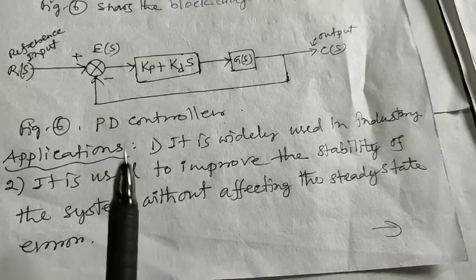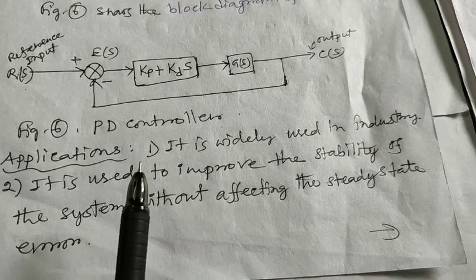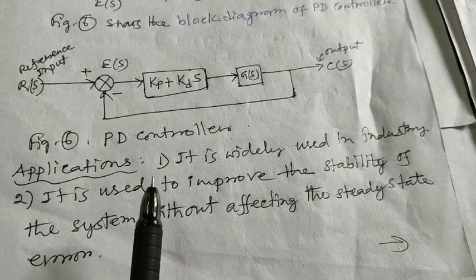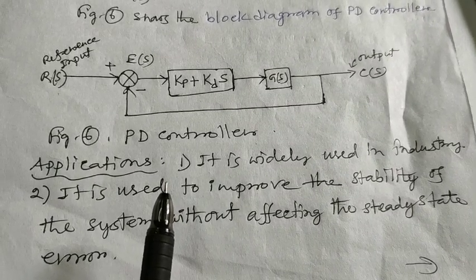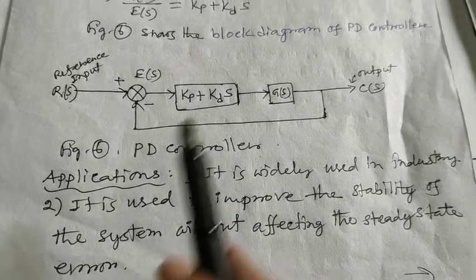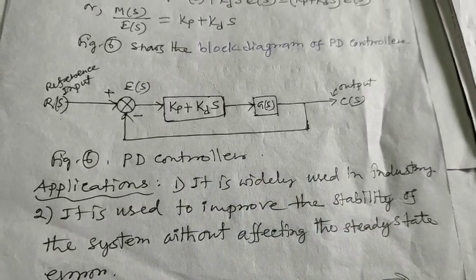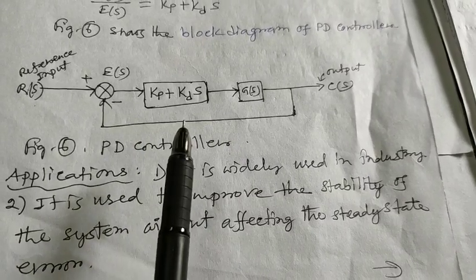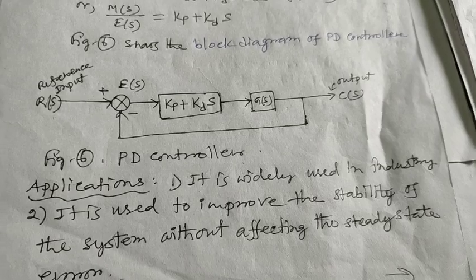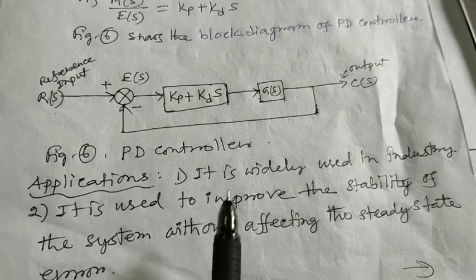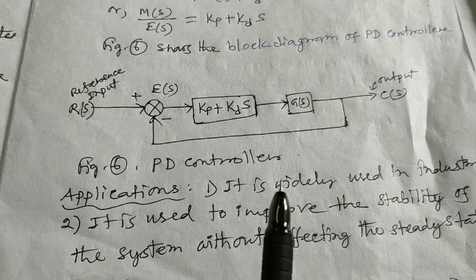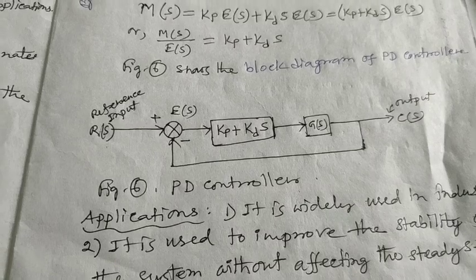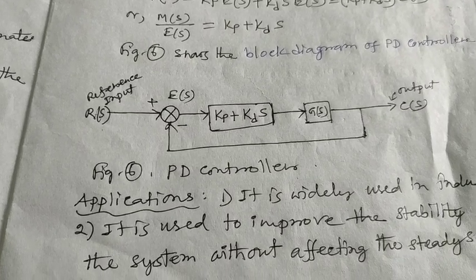What are the advantages of PD control? PD control action anticipates the actuating error, initiates corrective action, and tends to increase the stability of the system. It increases the damping of the system, and by increasing damping, overshoot is reduced. Okay. And what are the disadvantages of PD control? It is effective only during the transient state. It amplifies noise of the system and may cause saturation effect in the actuator.